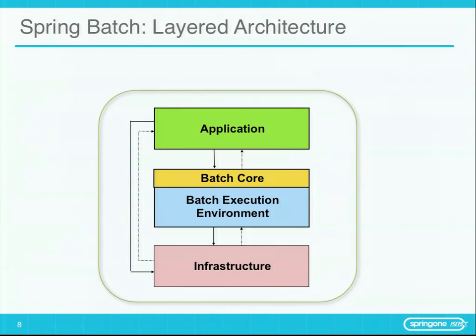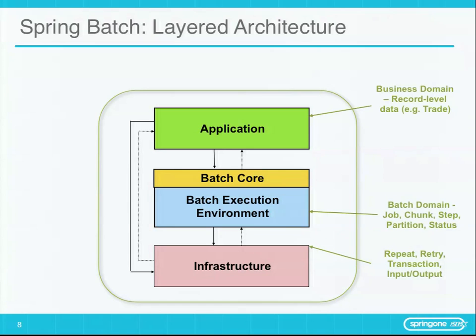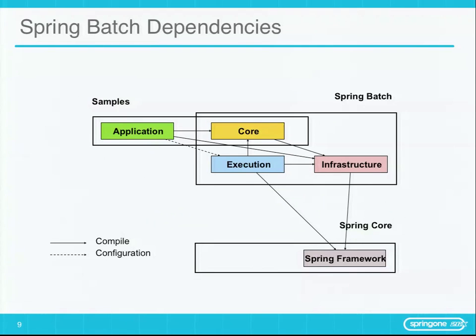But having said that, Batch itself is just a bunch of libraries. It's a little unusual in that, unlike most of the other Spring projects, it also has a storage component. It requires data to be persisted somewhere, preferably externally, right? So you can audit the progress of your batch jobs. When you build an application, the application works with the API, right? That's what you're going to deal with. Very, very cleanly, finely tuned, exposed API. That in turn will run on top of the execution, and that talks to the infrastructure, right? Infrastructure in this case is going to be Java, of course.